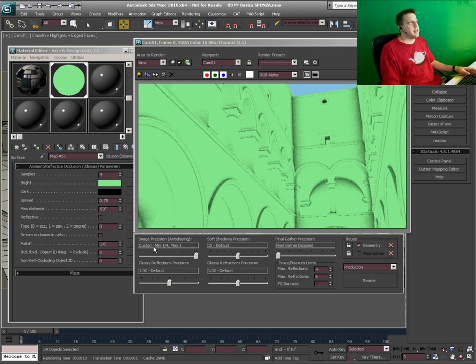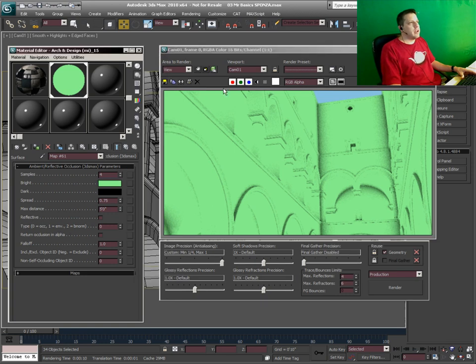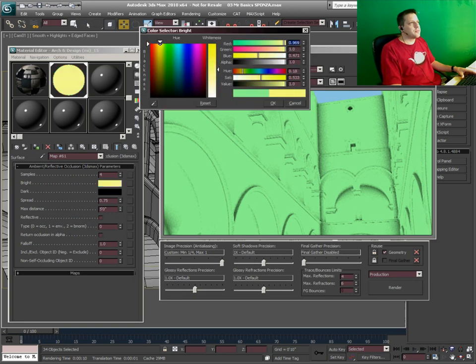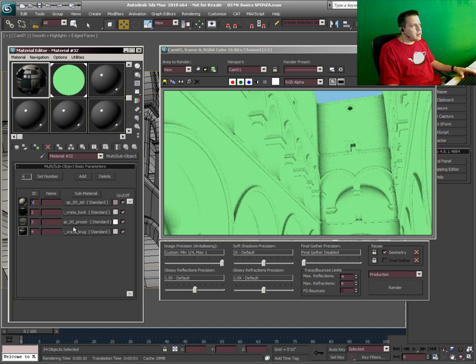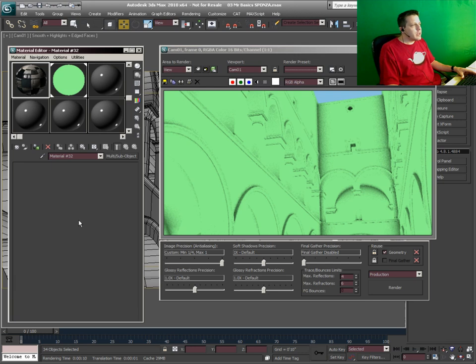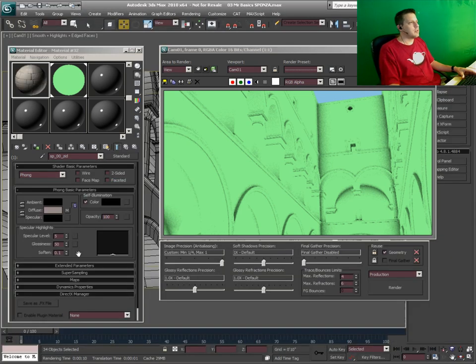But what you're going to be able to do is set up lots of different colors in here. So I could say, for example, this one I want to have sort of like a tan concrete. And in fact, I'll show you a little trick. If I go back over to the main shader and look at the original brick here, let's get all the way down to our texture map of our brick. And this is just taking a second due to our capture software. If I look at this brick texture,